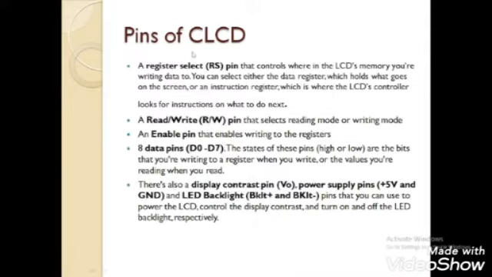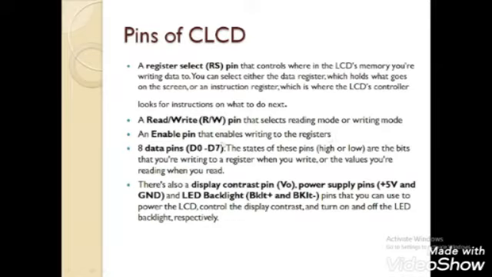So these are the pins of the CLCD. A register select RS pin controls where in the CLCD's memory you are writing data to. You can select either the data register, which holds what goes on the screen, or the instruction register, which is where the LCD's controller looks for instructions on what to do next. A read or write pin selects reading mode or writing mode.